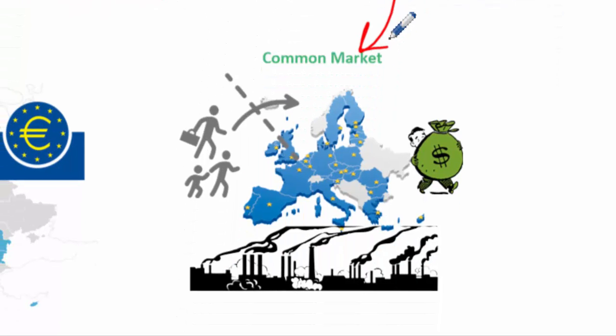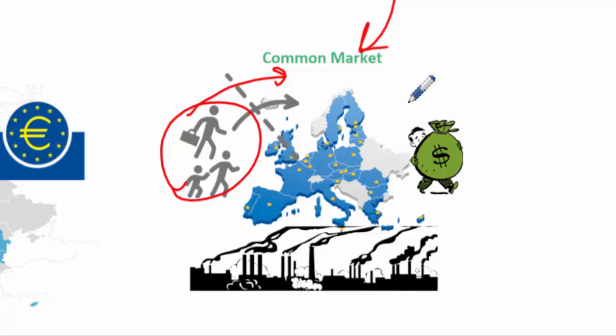A common market, again, builds on the foundations of a customs union and a free trade area. A common market is a customs union in which labor can cross borders without any regulations at all. In addition, investors in one country can invest in other countries without any regulations. The best example of a common market is the